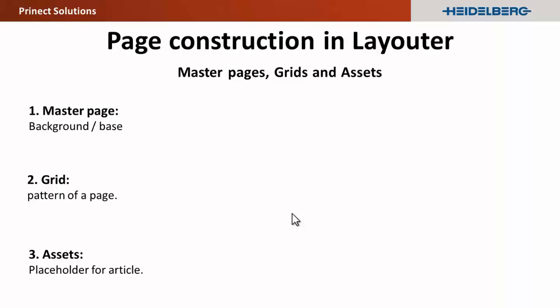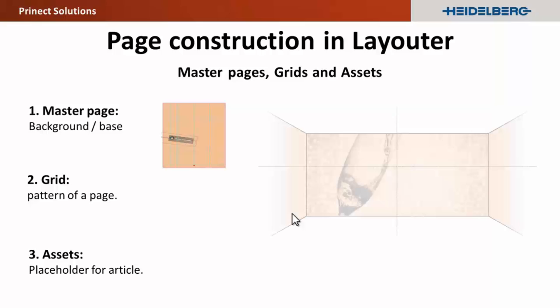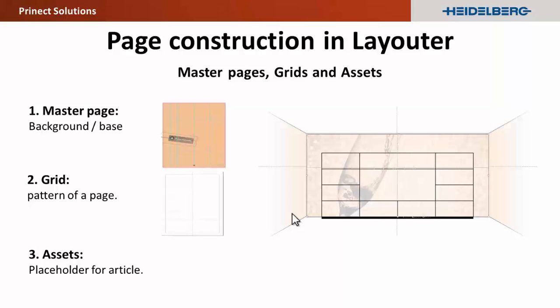Well, to use the layouter, we need to know that we can have master pages, grids, and assets. And all these three are necessary to work with the layouter and to fill the projects. First, the master page. This is our background or our base with the page number, background color, and you can imagine it like a room. And in this room, we fill a grid. This is a pattern of the page. It's actually like a rack. And in this rack later on, we can fill the assets or the placeholders for an article, to fill all our single